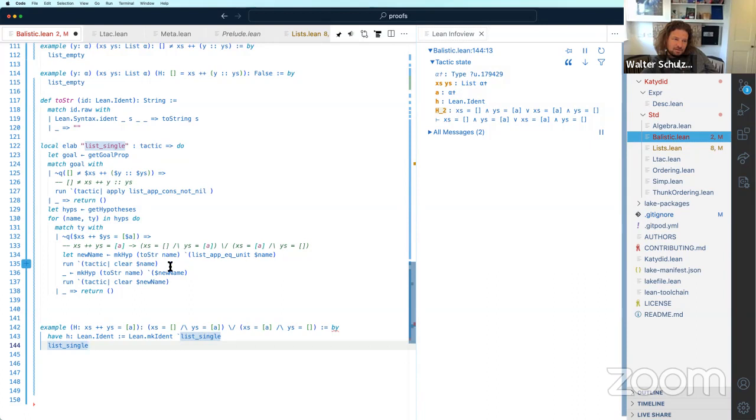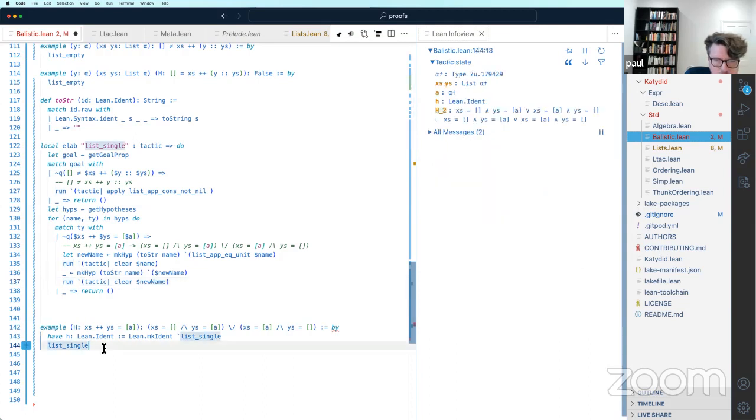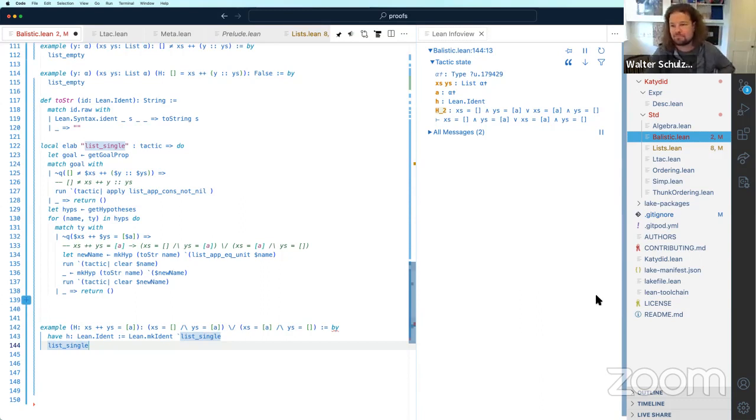We clear the old one, we create a name, but it hasn't noticed that the old one's gone away, maybe. So it's still deduplicating it. Is that because we're inside of some context which hasn't updated? I don't know.